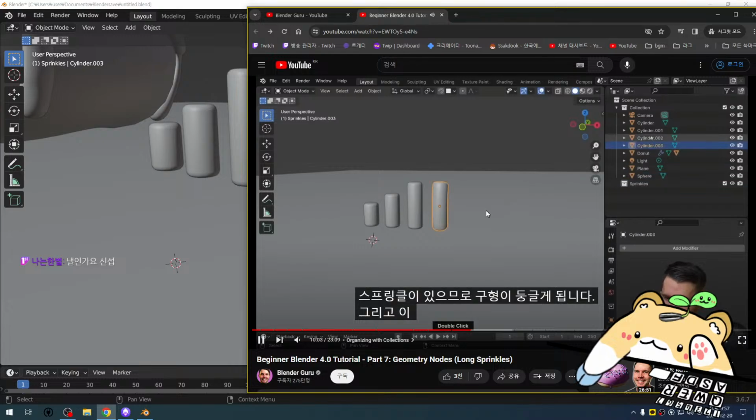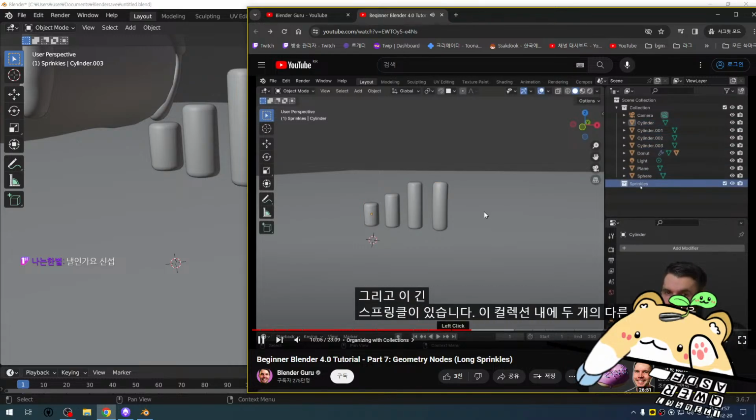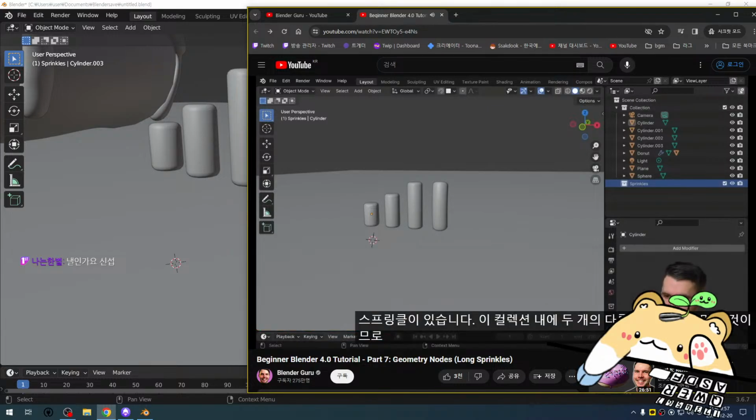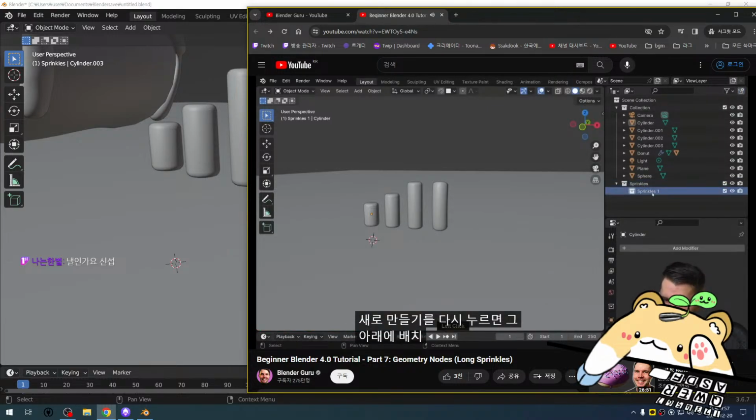Round sprinkle, and then we have these long sprinkles. I'm going to create two other collections within this collection. So hitting new again, you can see it's placed it underneath it, and I'm going to call this one round. And then clicking sprinkles again, I'll add